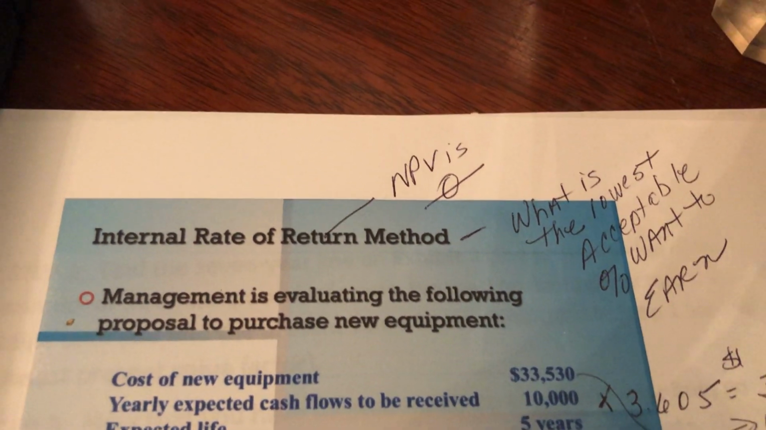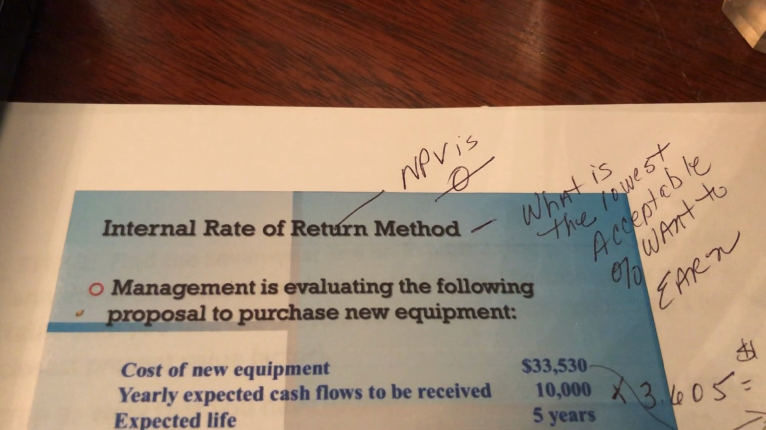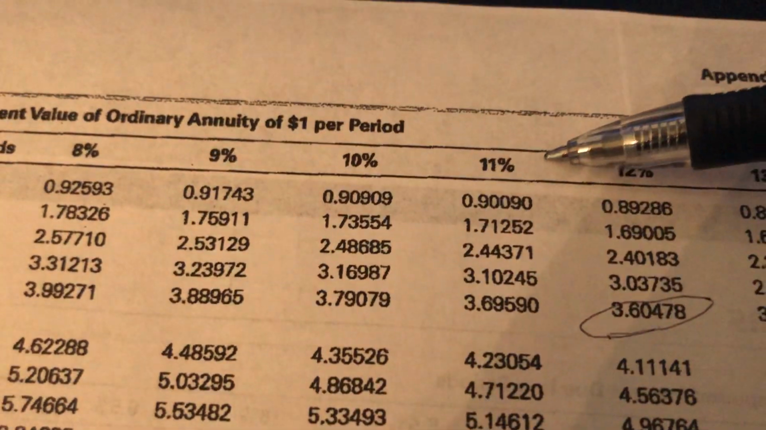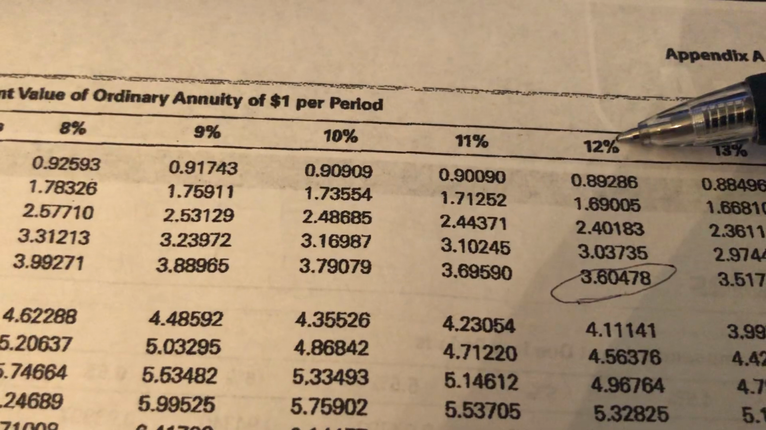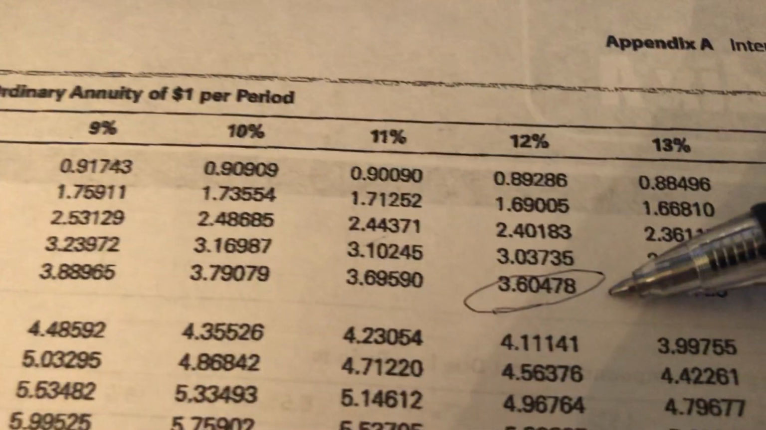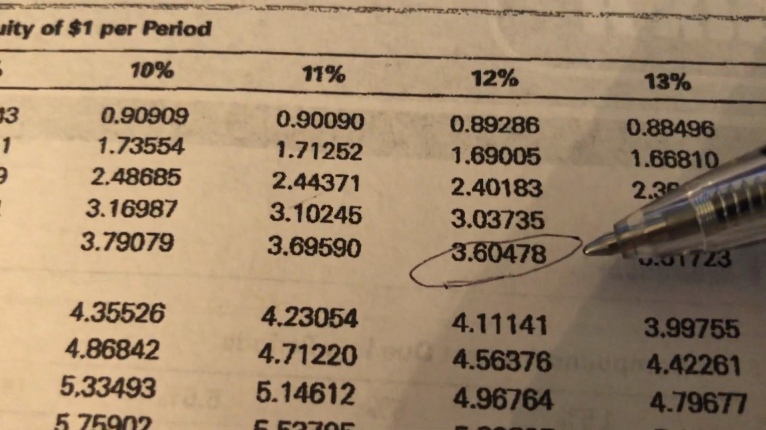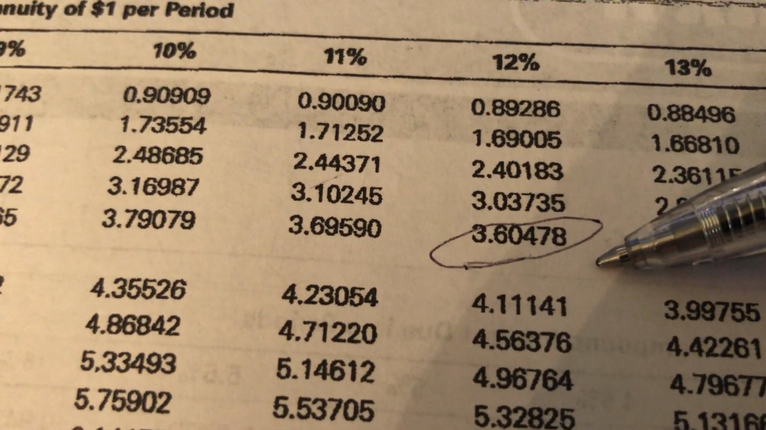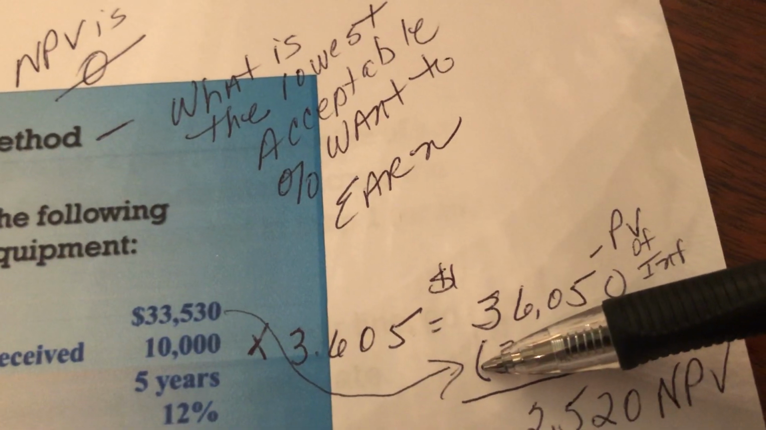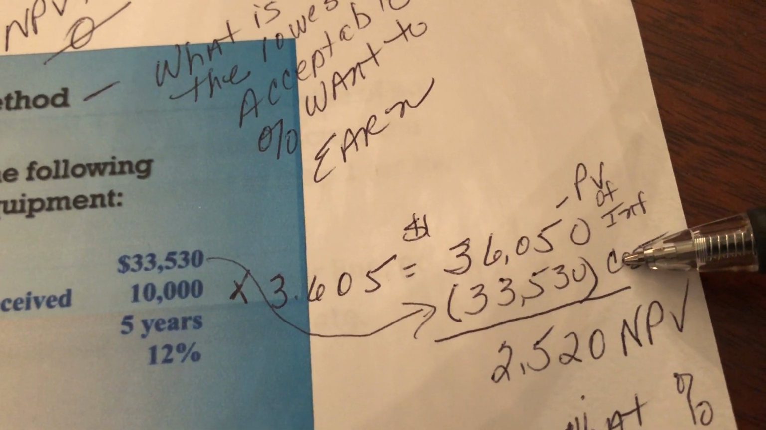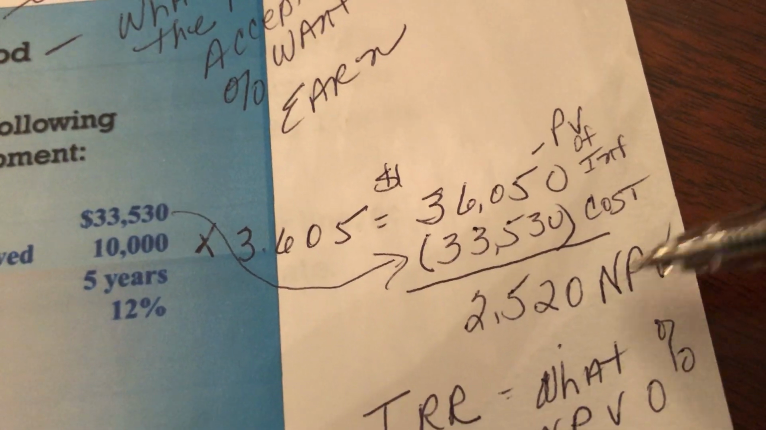The first is a trial and error method, which is rather complicated. But what you would do here is you would start with the 12%. You would find your table, find your factor. 12% at 5 years is the factor I've circled, 3.60478. You would multiply that times your 10,000. If you do that, you're going to get $36,050. You want to subtract out the cost of your machine, $33,530. That gives you a net present value of